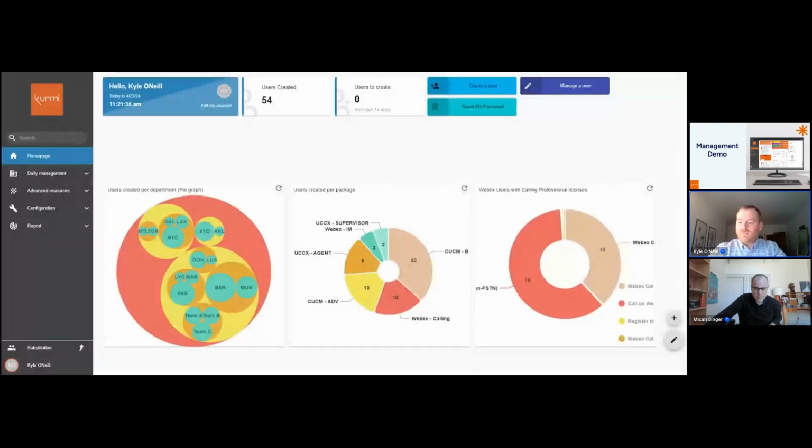So from here, I'm in the Kurmi global view. I'm an administrator for this entire organization. And I've got some dashboards that show me all of my locations, the geographies like the EMEA region, the US region, APAC. So in this dashboard, I can see like, oh yeah, I got 37 users deployed here, 10 in